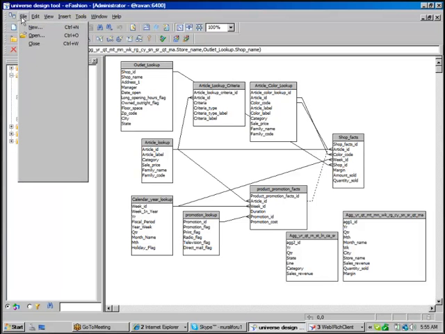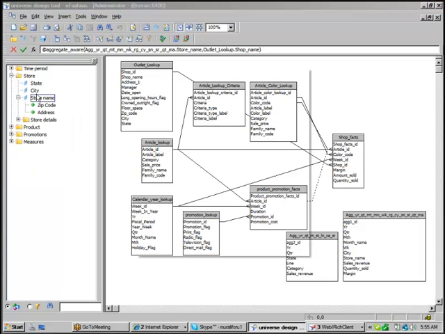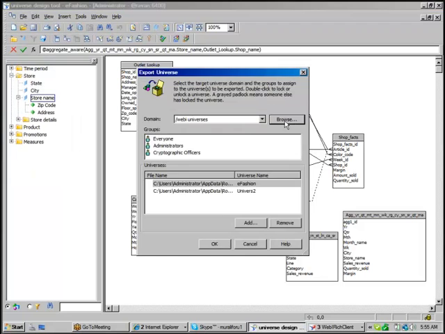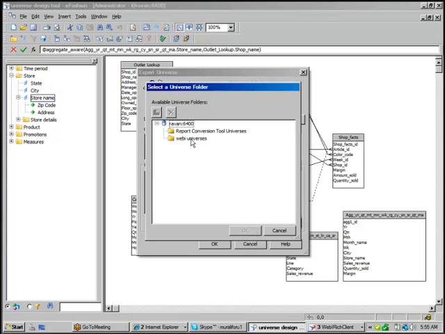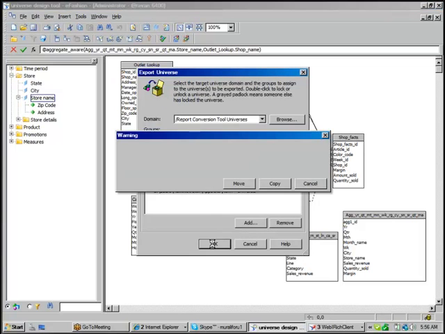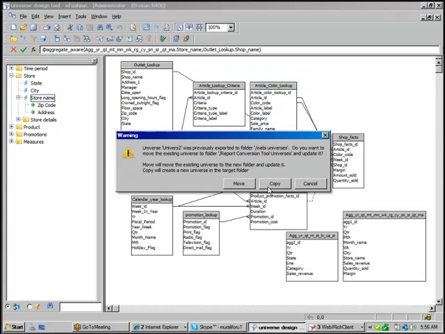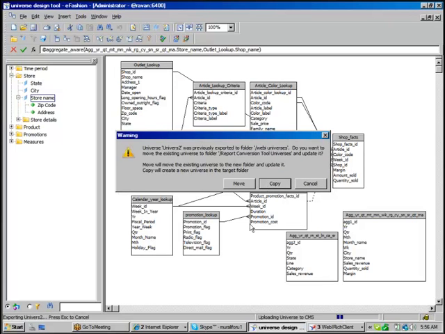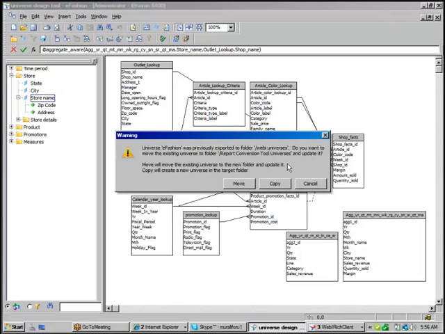Let me export, file, export, browse, and the folder called WebI Universes folder. Otherwise, I'll export to the report conversion tool. Click on OK. Now I'm just copying that universe to the WebI Universes folder, report conversion tool.